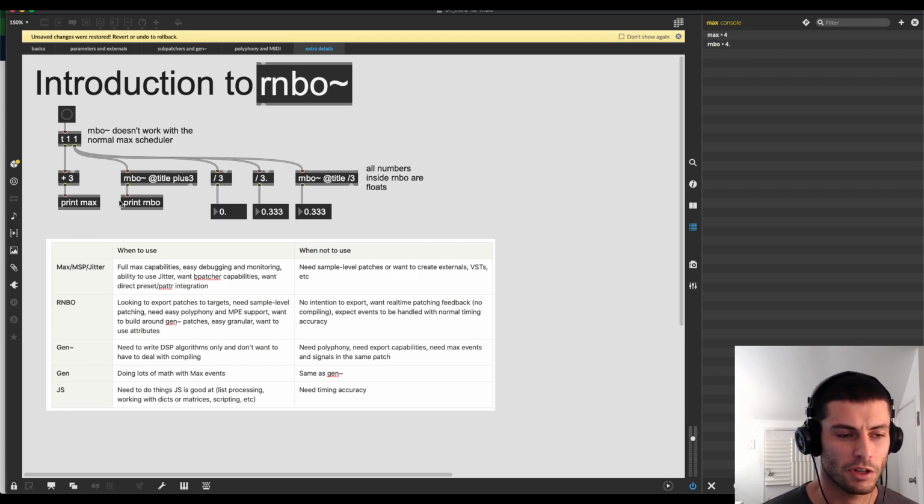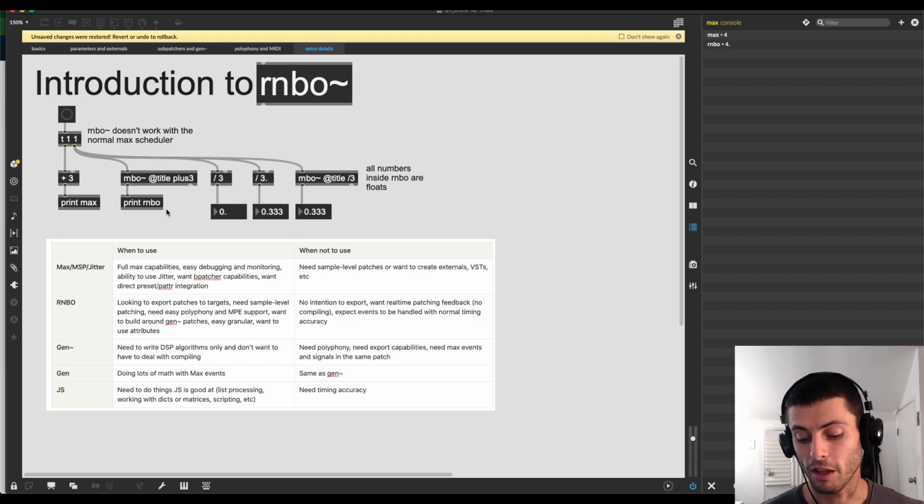and the Rainbow event second. And that's because Rainbow operates in its own event processing thread. If you're passing signals through Rainbow, you don't have to worry about this issue. You're not going to get anything unexpected in terms of the order in which things happen. But if you're working with events, you're sending messages or floating point numbers around, just be aware of this. Generally, you're not going to want to use a Rainbow patch in any kind of complicated flow of Max events. Like if you got an Uzi in there somewhere, you're not going to want to hit the Rainbow patch with an